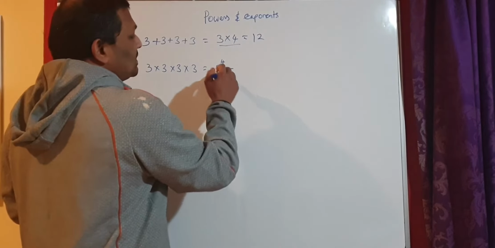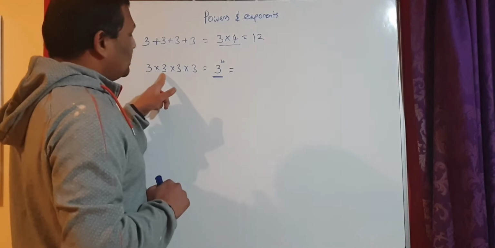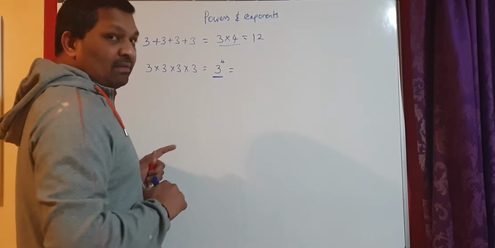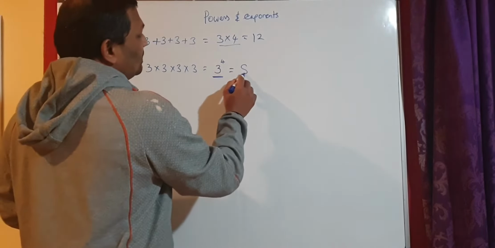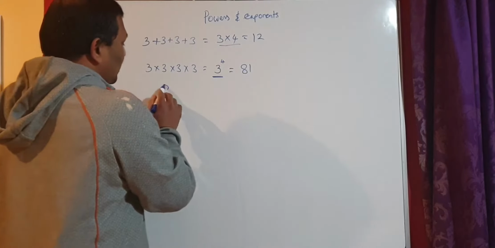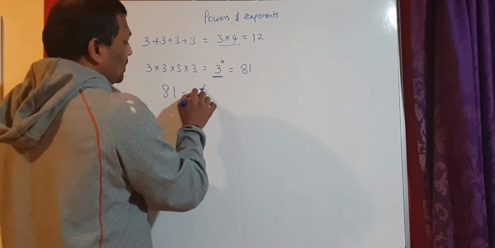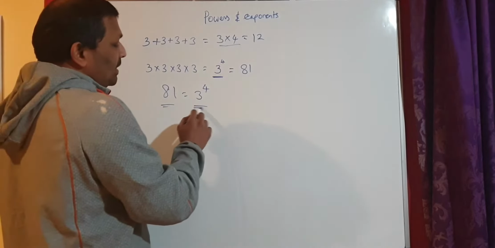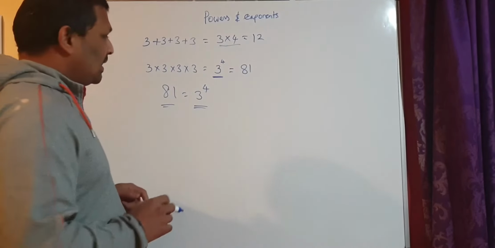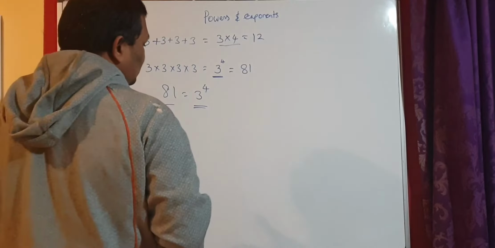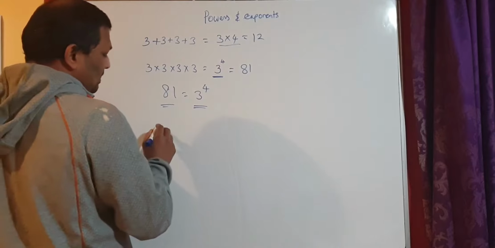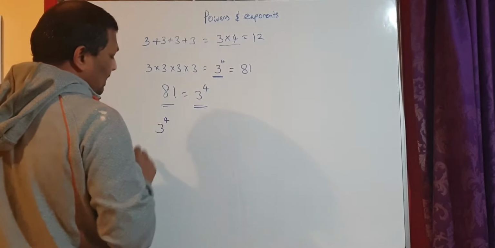So when you evaluate this number, you will get 3 3s are 9 and here 3 3s are 9, and if you multiply 9 with 9, you get an answer of 81. Okay, so the 81 can also be written as 3 to the power of 4. This is the number in general format and this is the equivalent number in index format. Okay, so 3 to the power of 4 is a number in index form. So in this case, when I write 3 to the power of 4,